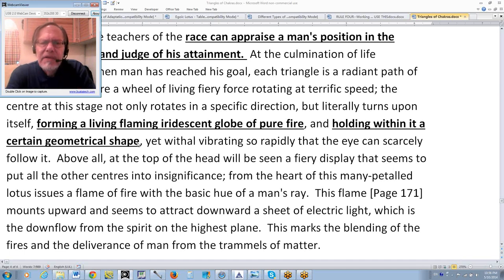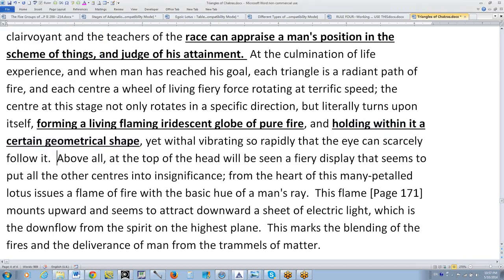So, we have a living, flaming, iridescent globe of pure fire, holding within it a certain geometrical shape, yet withal vibrating so rapidly that the eye, the inner eye, can scarce follow it. Above all, at the top of the head will be seen a fiery display that seems to put all the other centers into insignificance. So, I think we're kind of looking at the initiate of the fifth degree